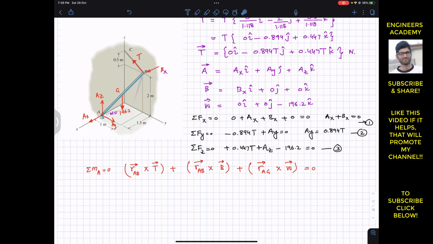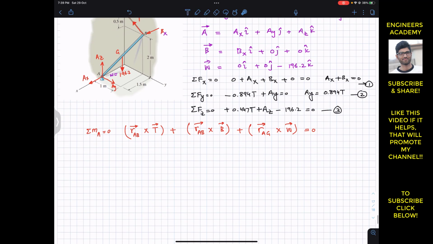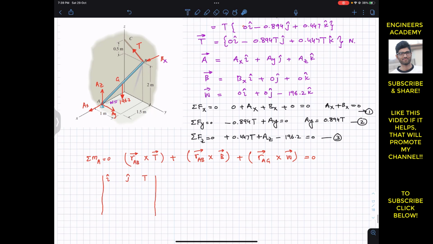Now we need to find the position vector from A to B. So we will apply that same method. From A we will travel along the x, y and z to reach that point B. So I will write the position vector from A to B directly in that determinant method. So we will find the cross product using that determinant method. So to find the position vector from A to B, we need to travel from A